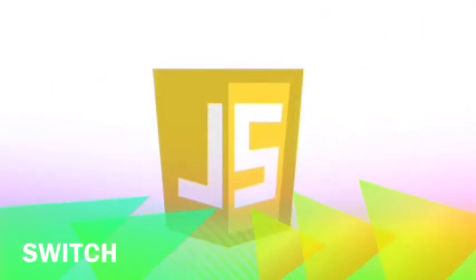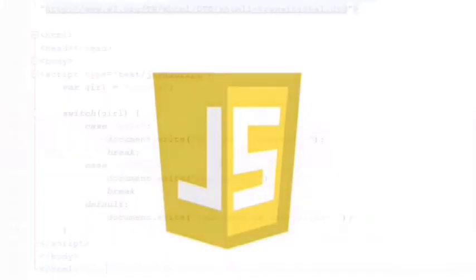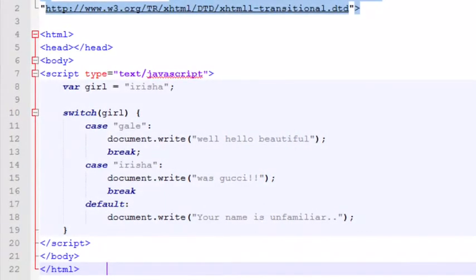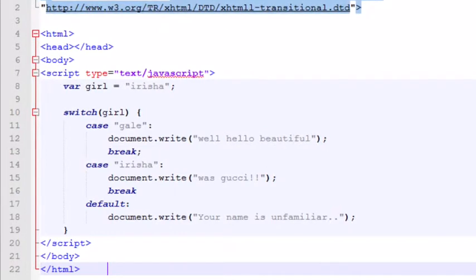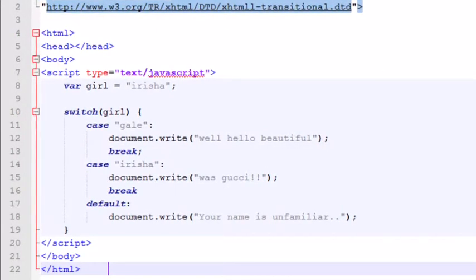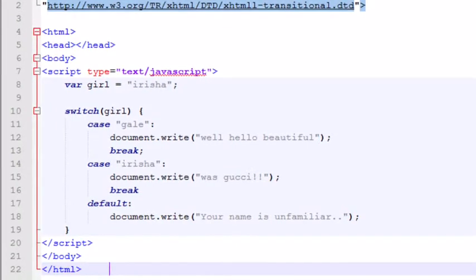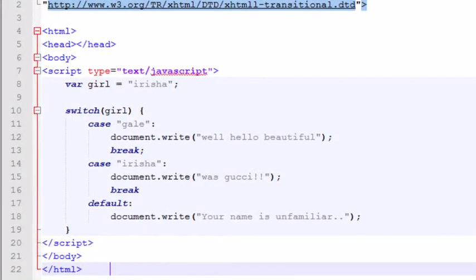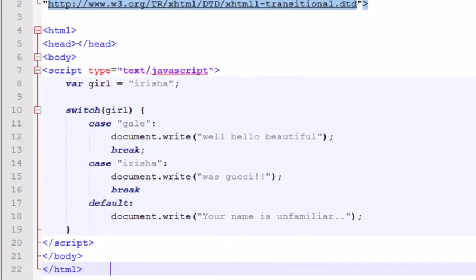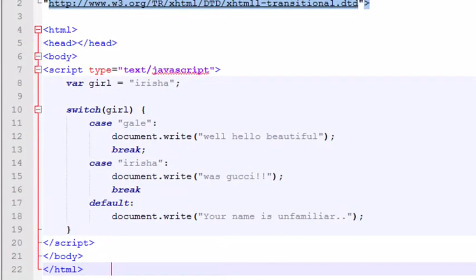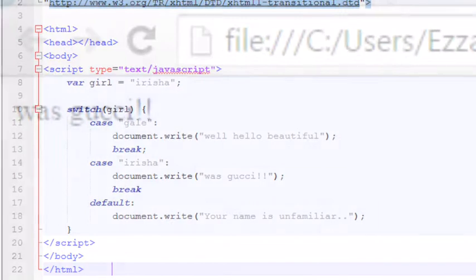For this segment, I will be teaching you how to use switch. The beginning of the code starts with script type equals text/JavaScript and the variable girl equals Irisha. The switch statement contains two cases and one default. Since the variable girl name is Irisha, the program switches each case until it reaches Irisha, which is document.write was